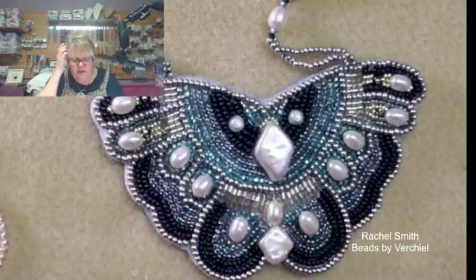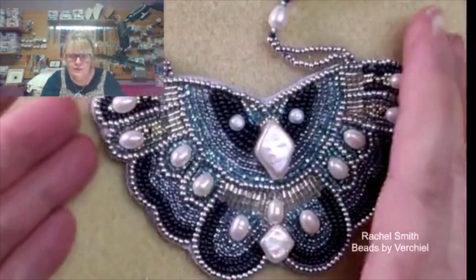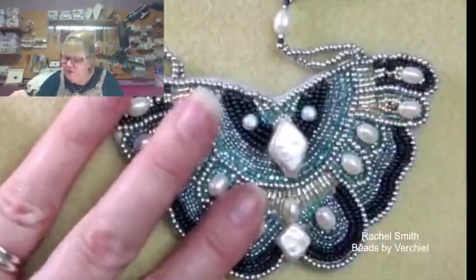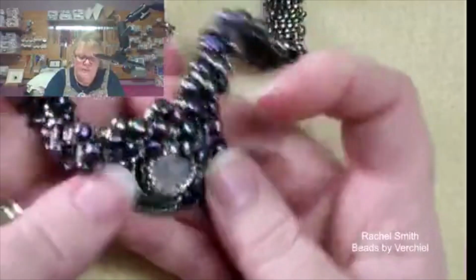I can't think what it was. I think it was an embroidery book, not a bead embroidery, just an embroidery book. So I actually did all the designing on that one, but the picture gave me the inspiration. Now, today we also looked at